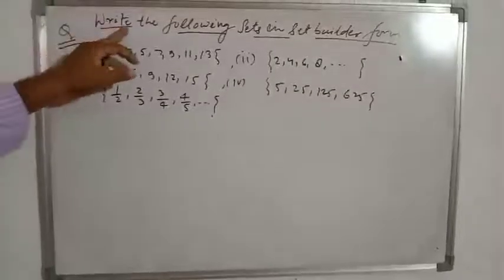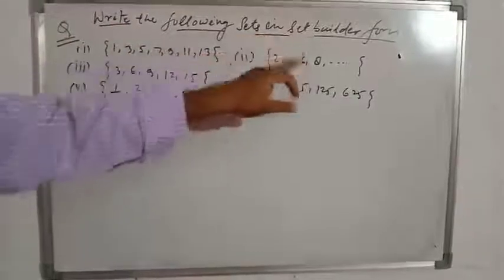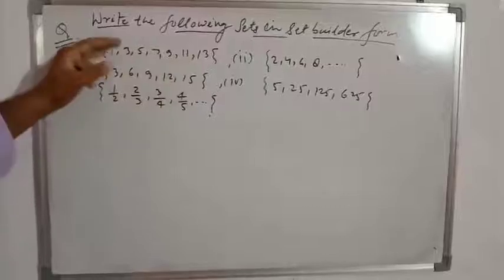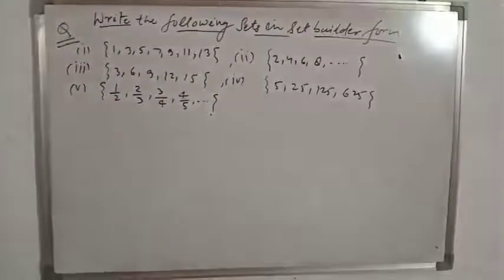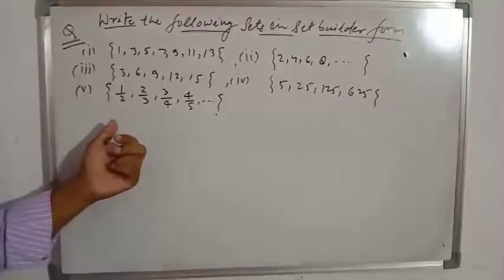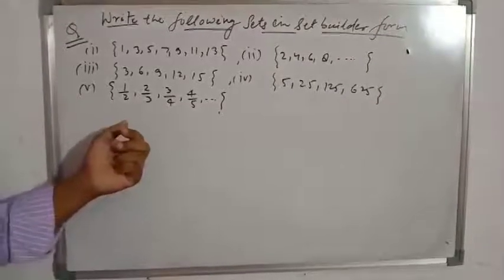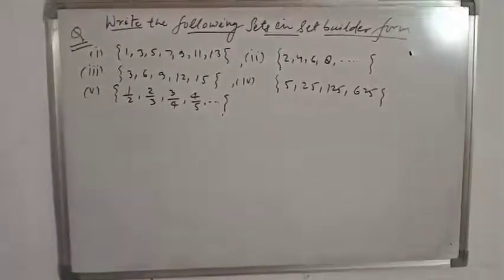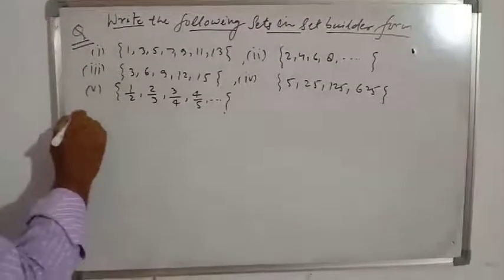Question: we have to write the following sets in the set builder form. There are 5 questions here. We have to write these sets in the set builder form. We know how we can write it. We use one variable x and then we have to mention what x is. x is the common property of all the elements of the set. So first one,